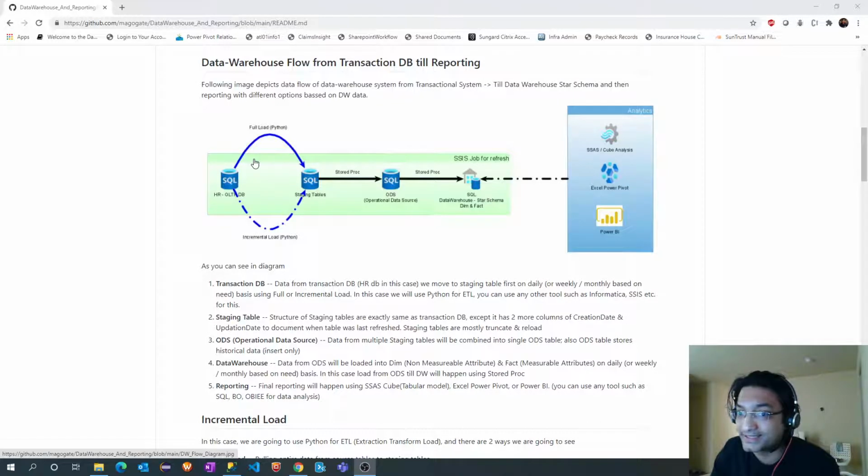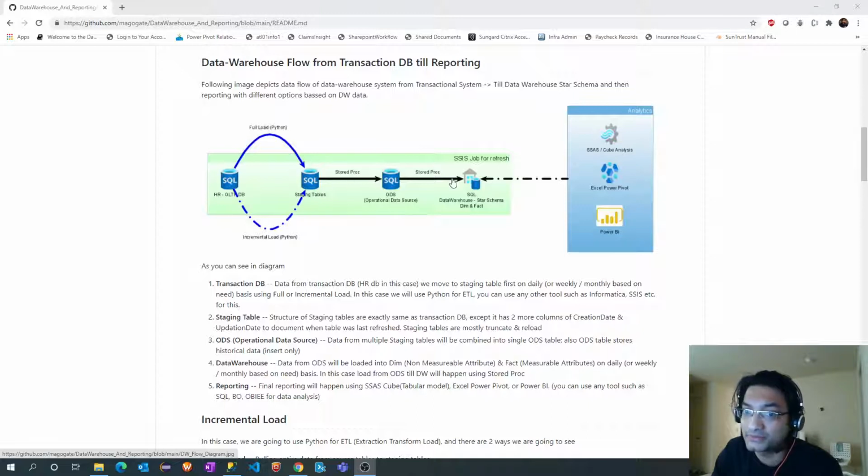Now these staging tables are in a different database, and this entire implementation we did using Python code. The next task in this video series is to load records from these staging tables into the ODS table, operational data source. All three of these, the staging table, the ODS table, and the actual data warehouse table, reside in the same data warehouse database. Only the HR tables are in a different database, the HR database, which is the OLTP database.